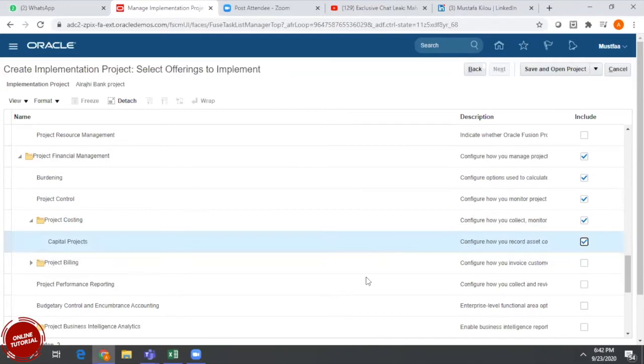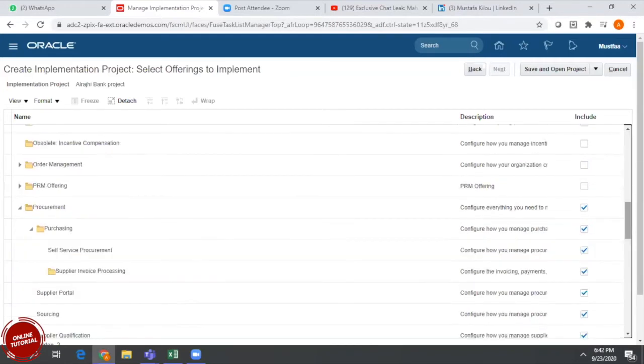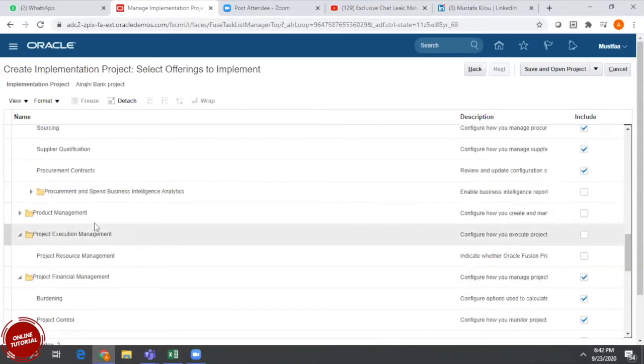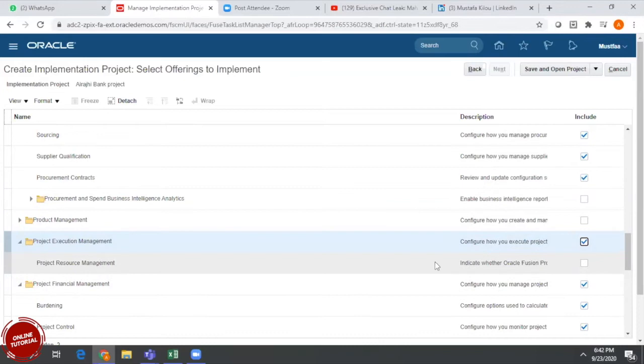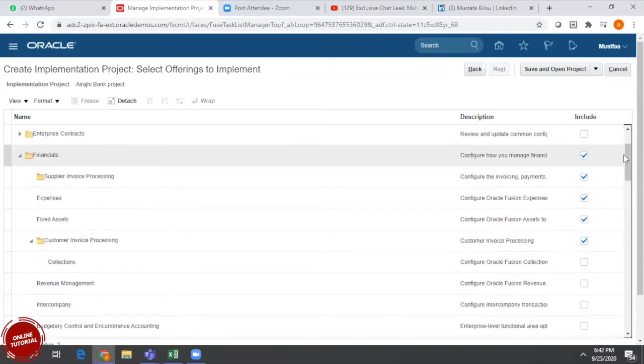The required options I need to select here. And if you want to implement execution management also, you can select it. Under execution management, we basically have task management and resource management. So totally we selected three different offerings, and for each offering I selected different options.